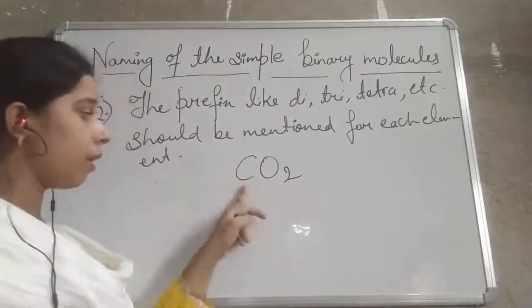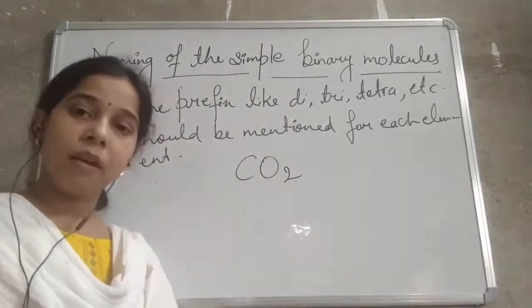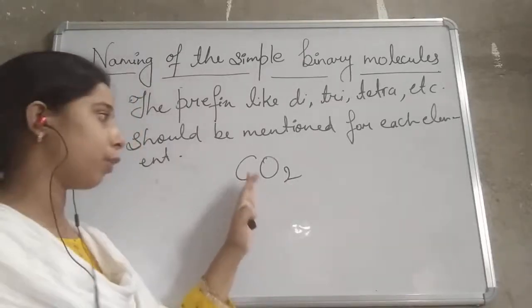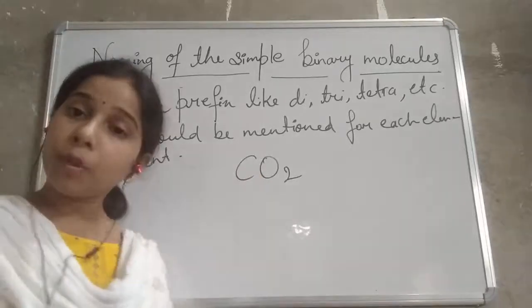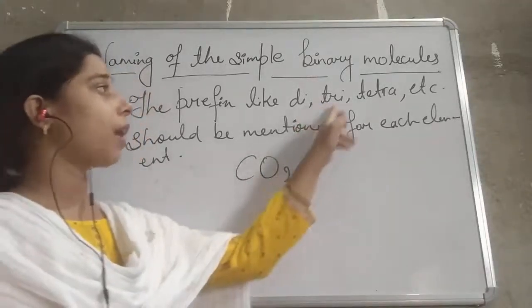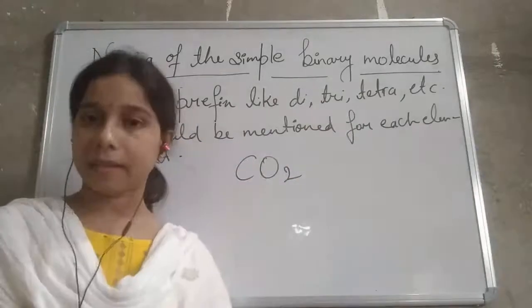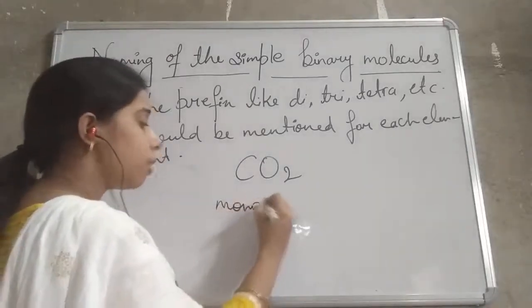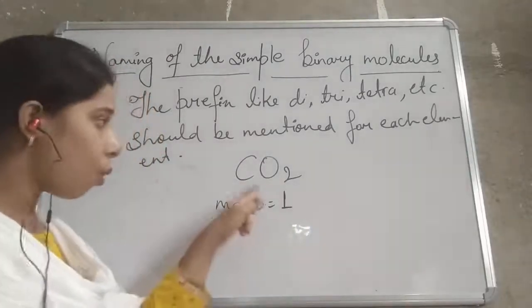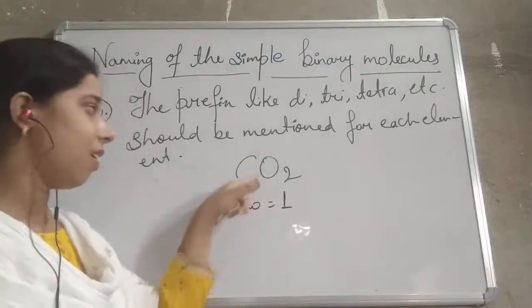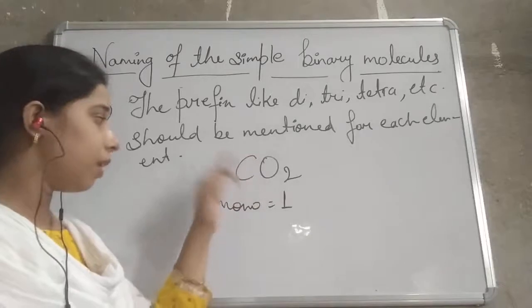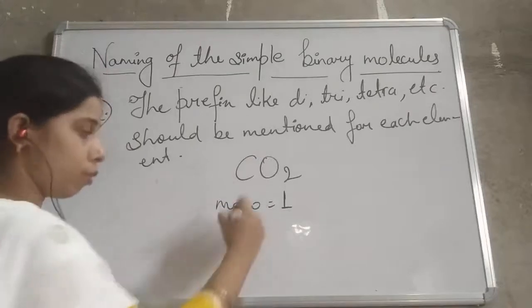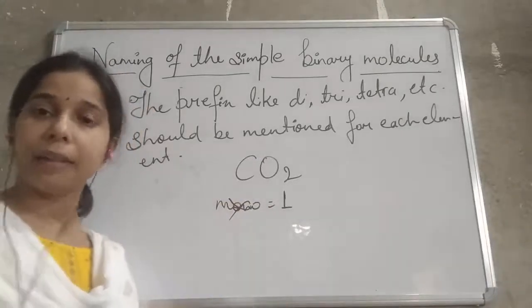So you see here student, the first rule was that we have to write the first element as such, and you can see here how many atoms are attached with the carbon, that is one only. One more thing is there, we can write di, tri, tetra, penta or hexa, but we will never mention it as mono. So mono means what? One. So if there is no subscript present, it means this is one atom only. Okay. So if it is one atom, for writing one we can write mono, but no student, we will never mention mono while writing the prefixes.